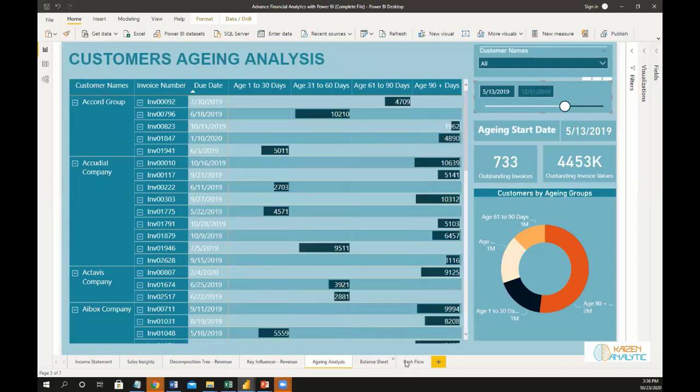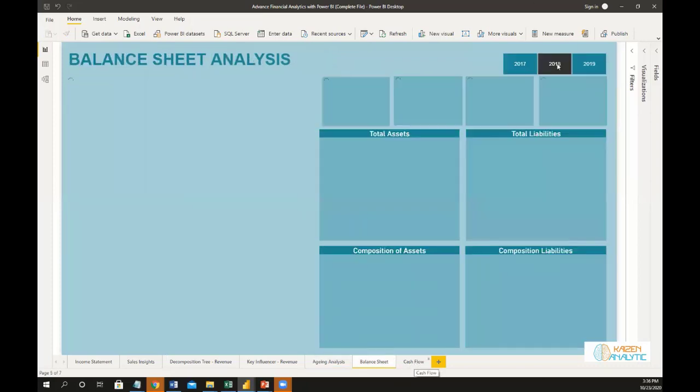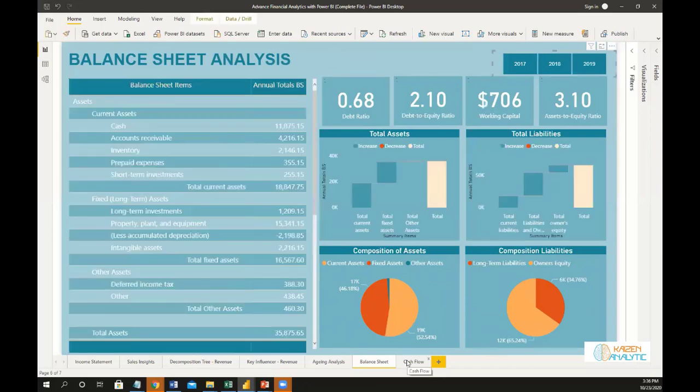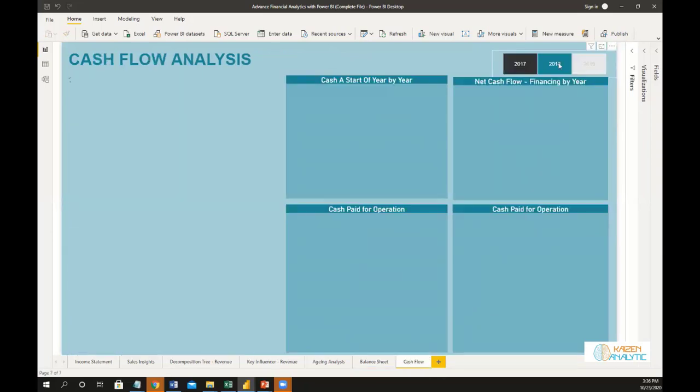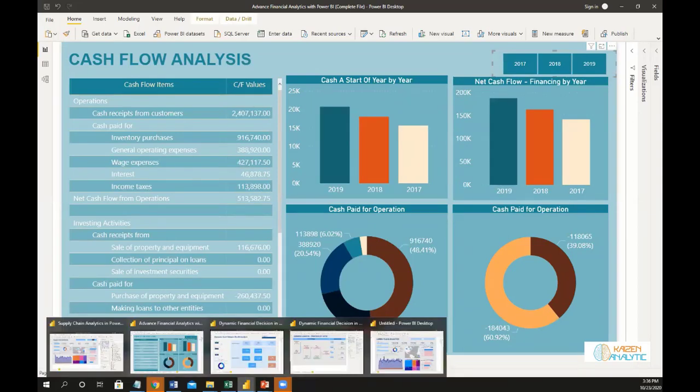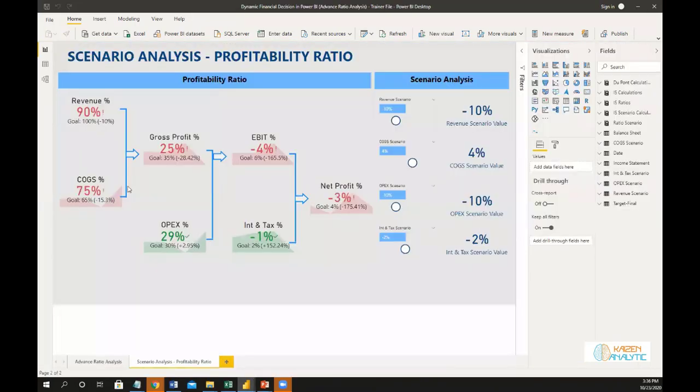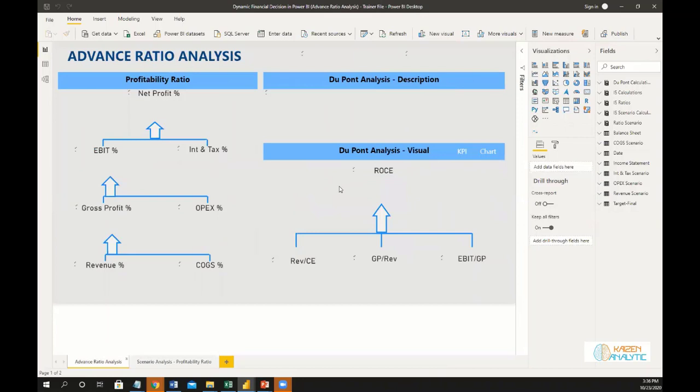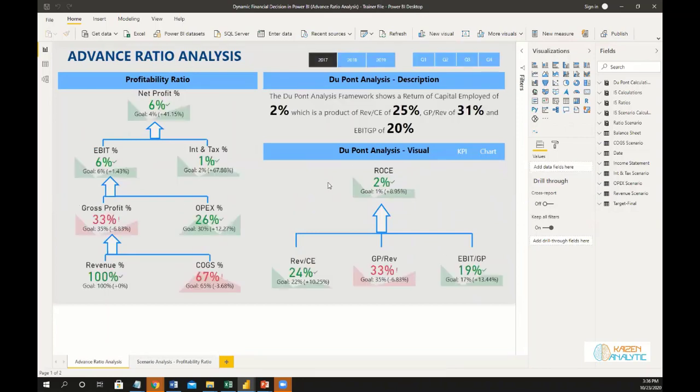Then we'll work on balance sheet and cash flow as well. Similarly, we'll also work on some other functions, like we'll do the advanced ratio analysis in this workshop, the detailed workshop, and we'll use some advanced visualization techniques, like it can be replaced in charts, in KPIs, and we'll do the